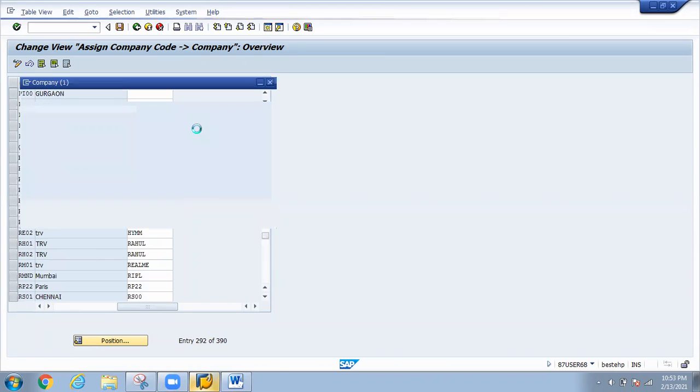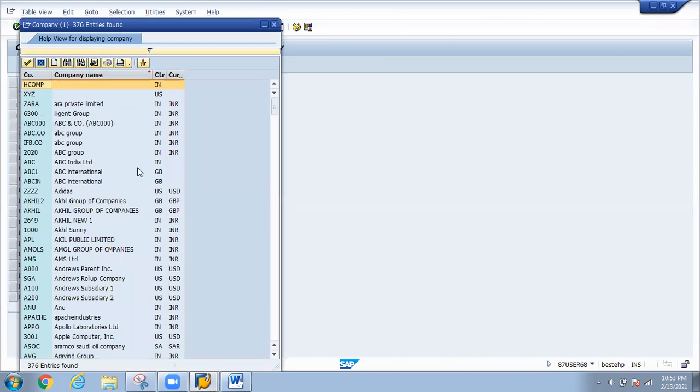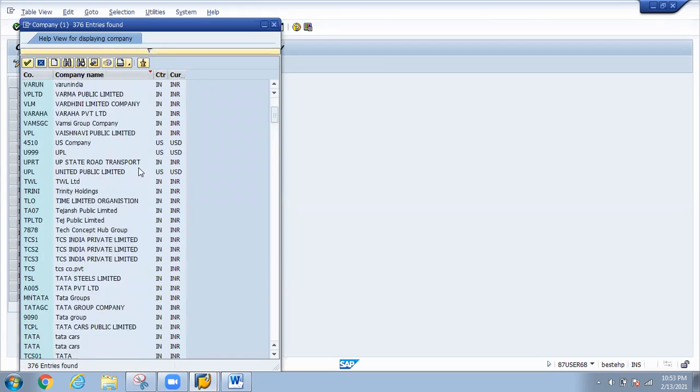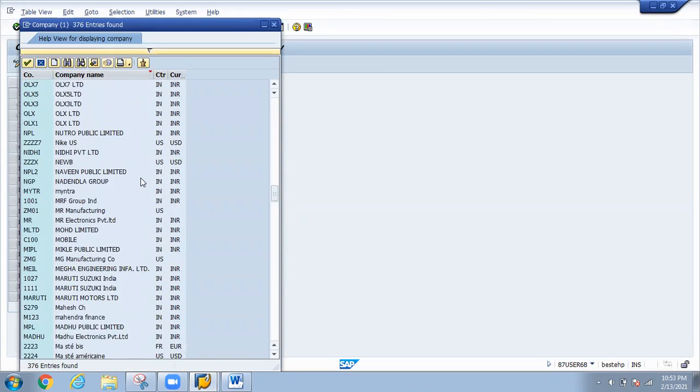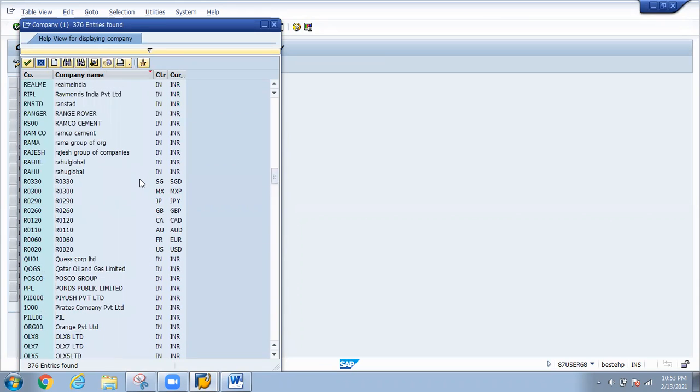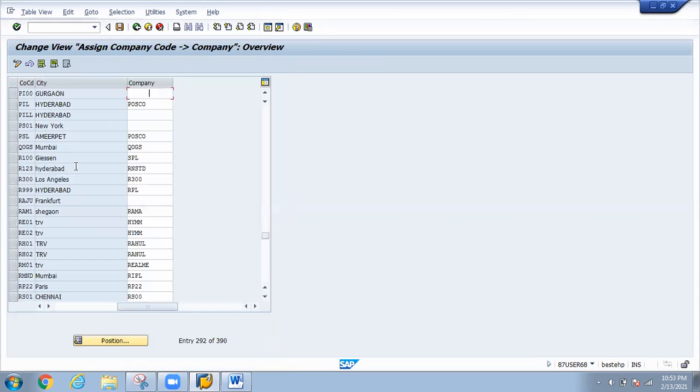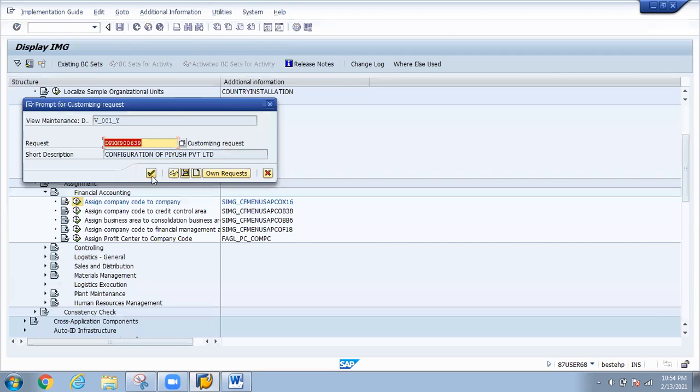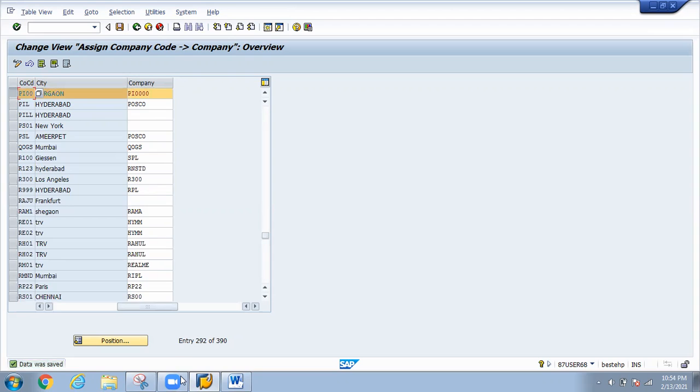So go to help and select the Piyush and Company. So you will find here the company code, Piyush Private Limited. So here you have assigned that this company code belongs to this company. If you have many more company codes, all those company codes have to be mapped to this same company if they belong to the same company. Just save it. So here I have mapped this.